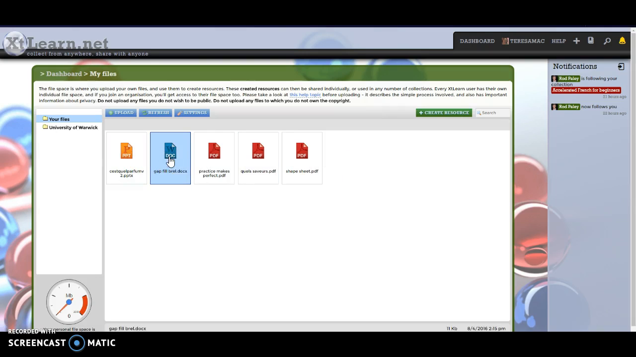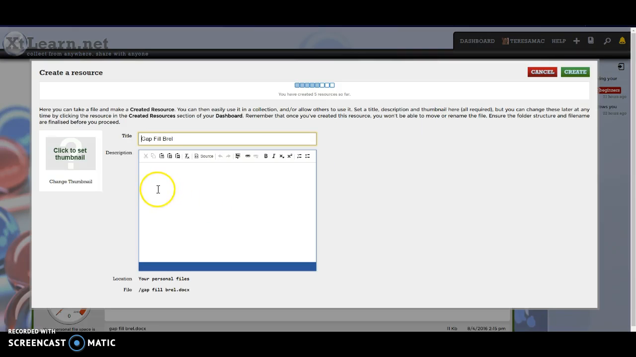I have a document here. If I select it and click create a resource, you can then see that I have a screen here that allows me to give that resource a thumbnail and add some additional information. So I might want to put some context in here to how I use this particular resource, so I can do that, perhaps put a few bullet points here. And I can also